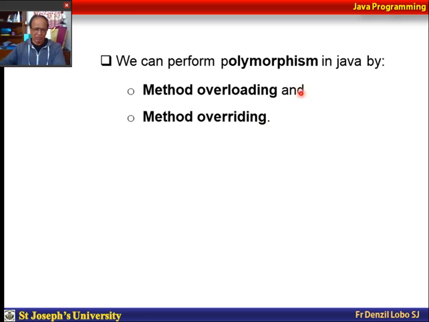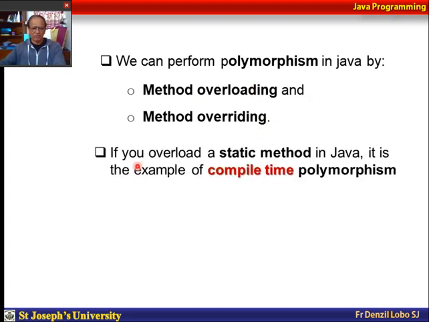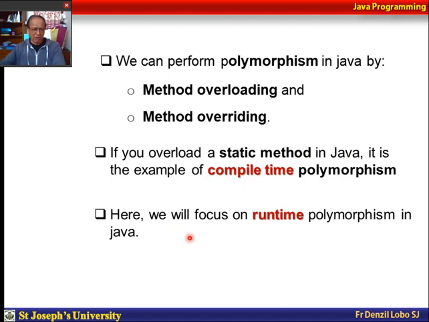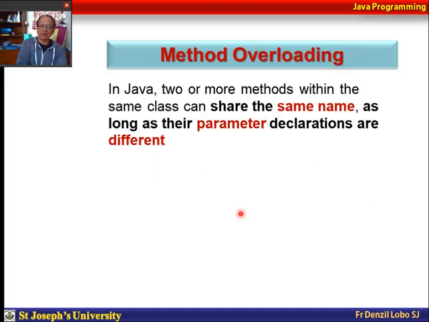We shall immediately get into method overloading, and in the next lesson we will understand what method overriding is. If you overload a static method in Java, it is an example of compile time polymorphism. We will deal with that later, but we are going to focus mostly on runtime polymorphism. So, method overloading. That is how polymorphism is